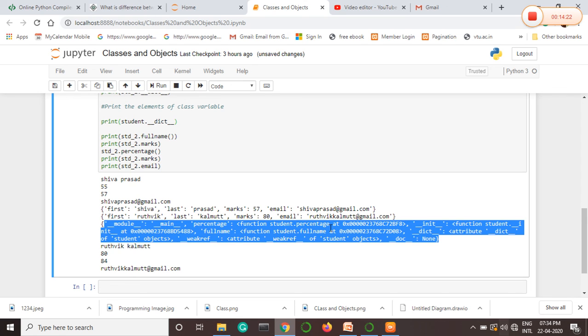Instead, class variables can be defined in the class. Keep this in mind. Based upon that, it is going to provide you the elements of that particular percentage using Student.__dict__. Okay, this is about the difference between how you can access the elements of instance variables and how you can access the elements of class variables by using the function called dict.